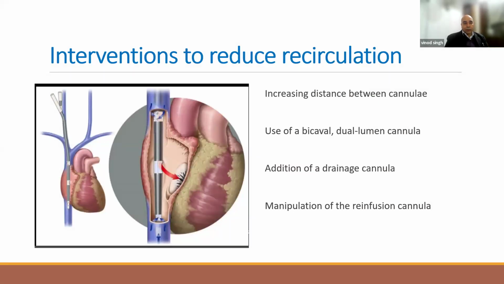Now, what can we do to avoid recirculation? By increasing the distance between the cannulas, as we know, or you can also change the cannula, like you can put a bicaval dual lumen cannula. We can also put an additional drainage cannula so that we can avoid the recirculation, or we should manipulate the cannula by decreasing